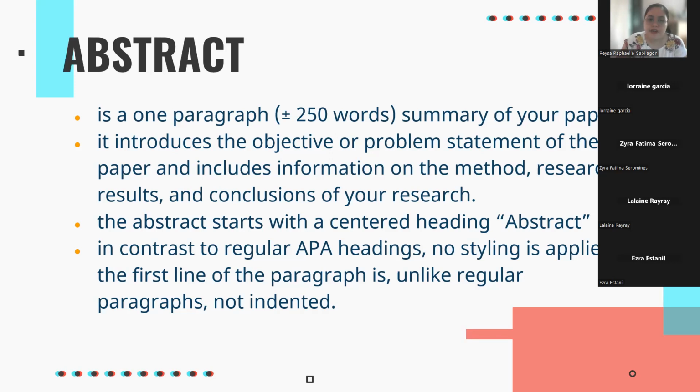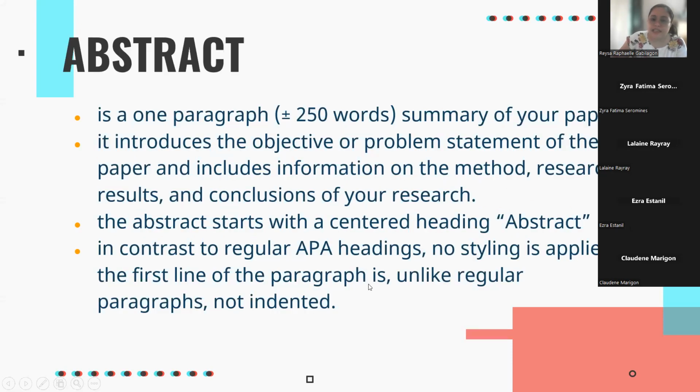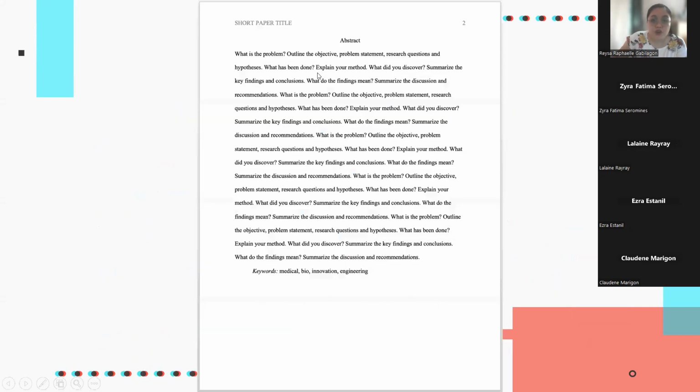Okay? So we don't really follow headings for the abstract, the actual APA format. It doesn't have any styling, and at the same time our abstracts are not indented. I think this was not followed. This is how the abstract should be: it's not bold, just write Abstract there. And it's just one paragraph, a summary, not indented, and not justified. So the abstract does not follow the APA format of being justified. Okay? And then all abstracts should end with the keywords.